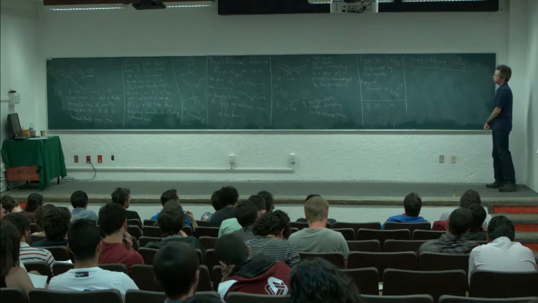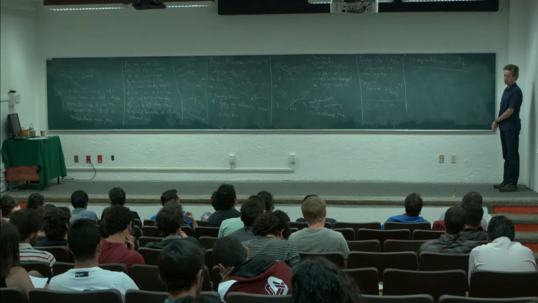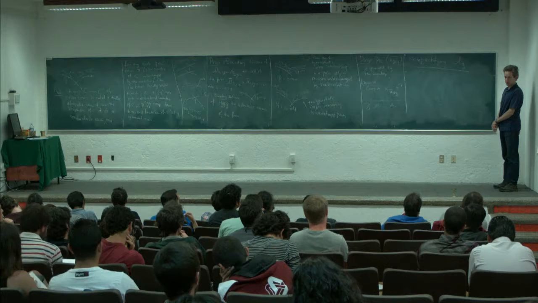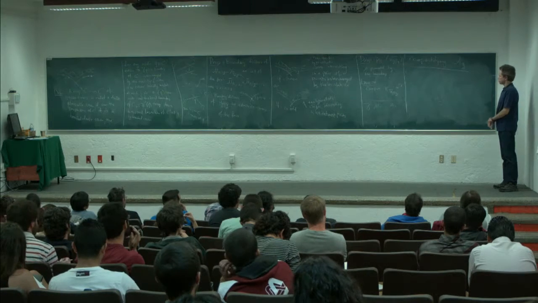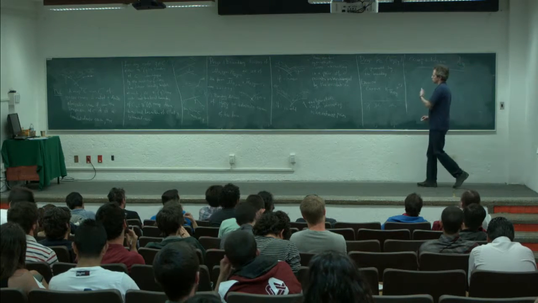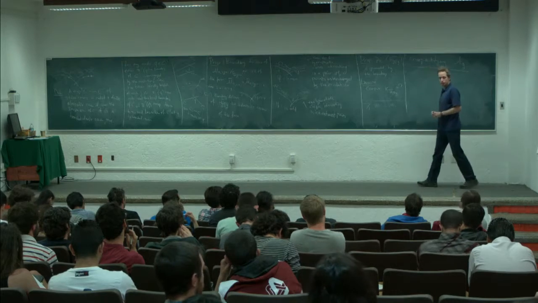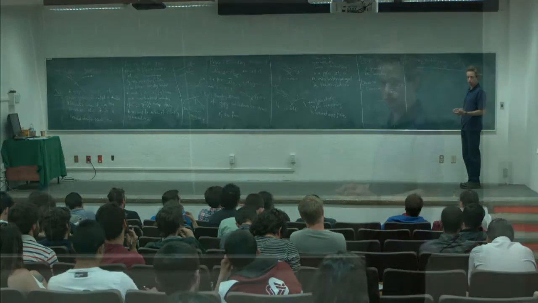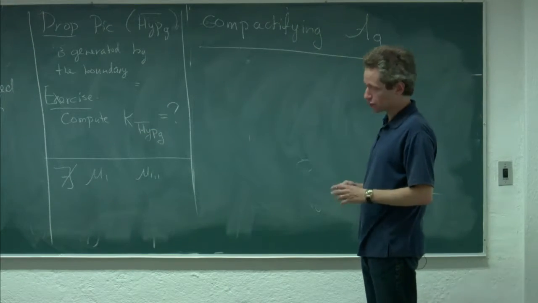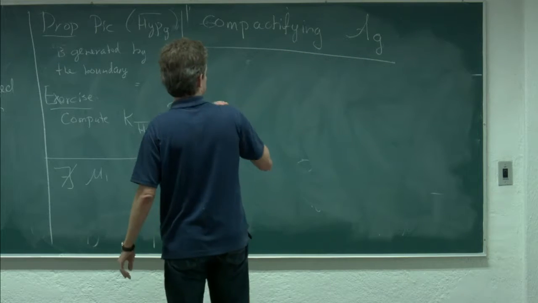I'd like now to try to explain to you how one can compactify the moduli space of abelian varieties. And I won't be able to do this, so I'll only give some motivation now, and then I'll tell you something about what the result looks like. I won't be able to define this result. So for motivation,